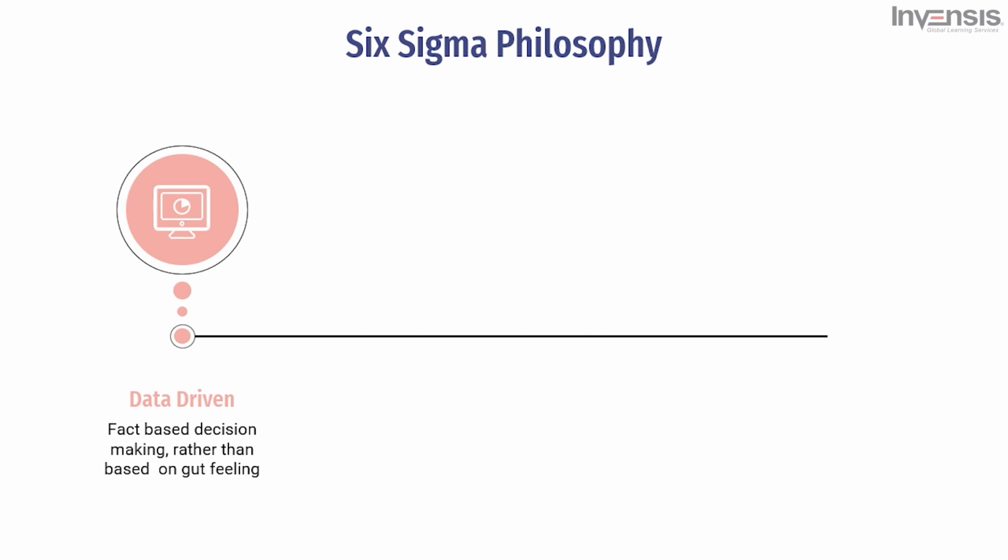So it is an improvement based on facts. Unless you know where you are standing today, how can you improve? Unless you know what your output is today, how can you improve your output? So Six Sigma is based on data and fact. And that's the reason once you go higher in this chain, from white belt to yellow belt, to green belt,